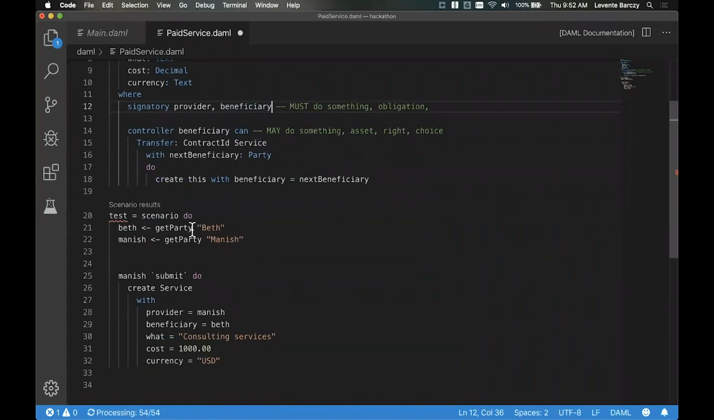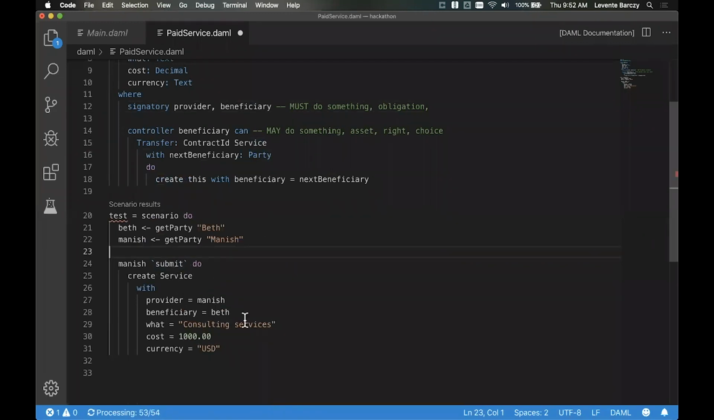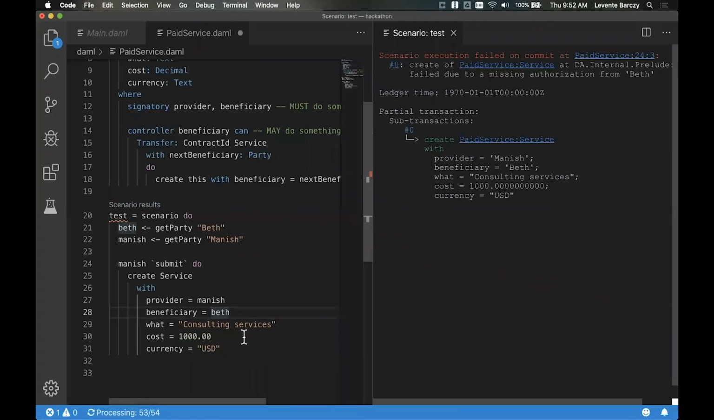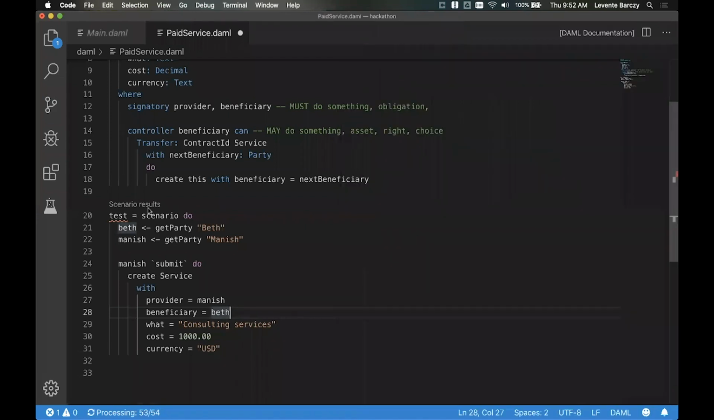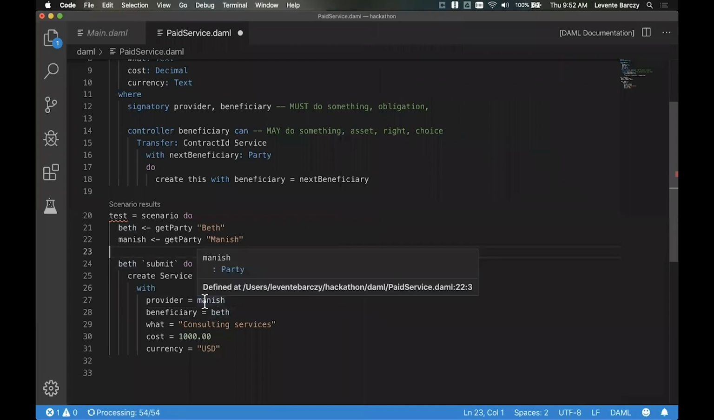Okay. However, we get into a problem here with the signatories, because now Manish can't just create this contract. The reason is the same as before. Beth never gave her consent. Now Beth needs to give her consent to create this contract, and she's not given it yet. Okay, well, so can Beth create this contract? Of course not. It's the same reason as before. Manish is the provider, and he hasn't given his permission. So you'd think there'd be something like this,